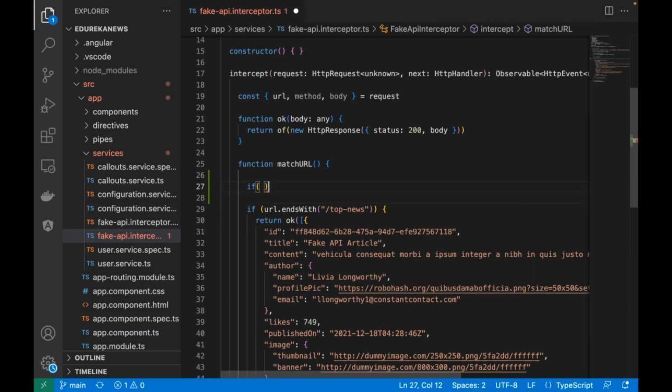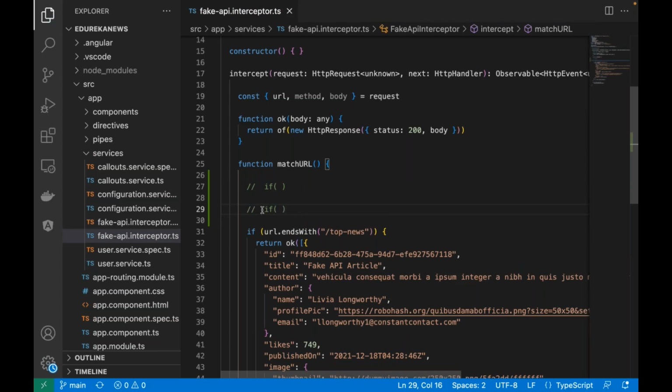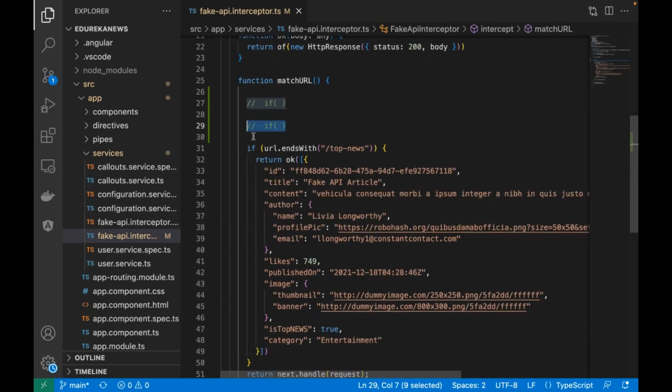So in your development, if a new API is created, you will comment the logic for it or even remove the logic from the interceptor. But one simple rule, never commit or never run the fake API interceptor